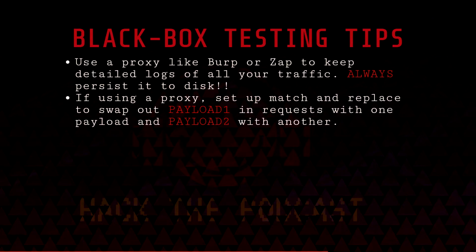functionality called, well, in Burp it's called match and replace. I think it's called the replacer or something in Zap. It can basically swap out some string in the request with anything else. You can do it with the response too, but specifically this is for the request. So what you do is you swap out something like payload 1 and you make it so that the replacer will automatically always swap it out with